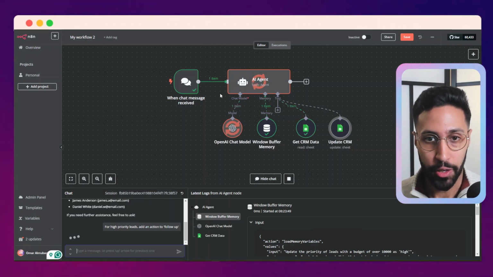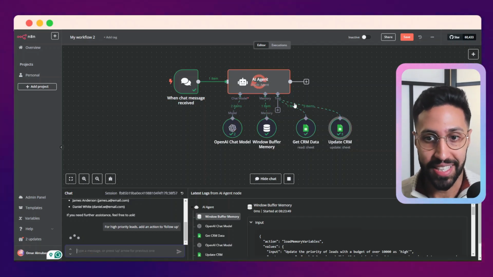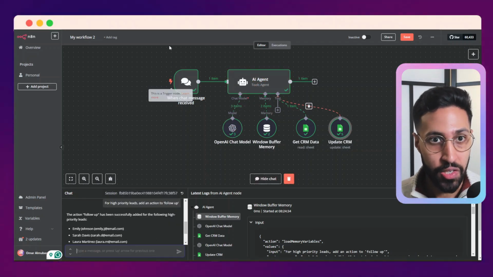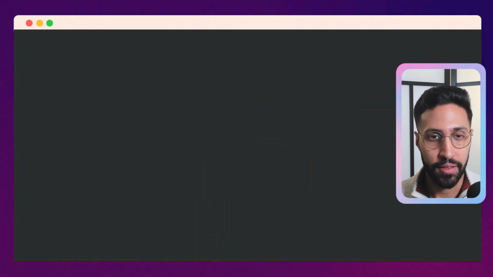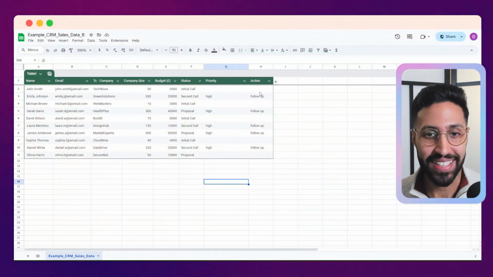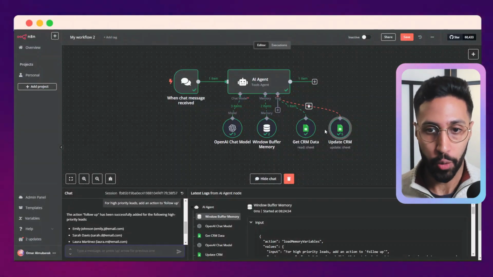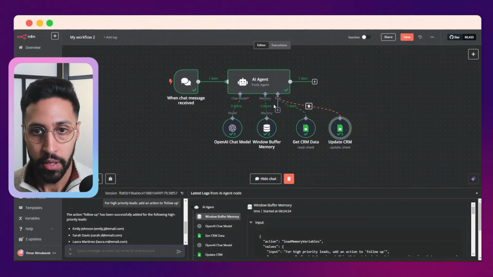So again, now it's going to go through that same process of using ChatGPT, getting the data, and then updating our CRM. So now if we go back into our data, we can see here it's added an action to follow up. So this is a very basic example, and I know we're just using Google Sheets here,